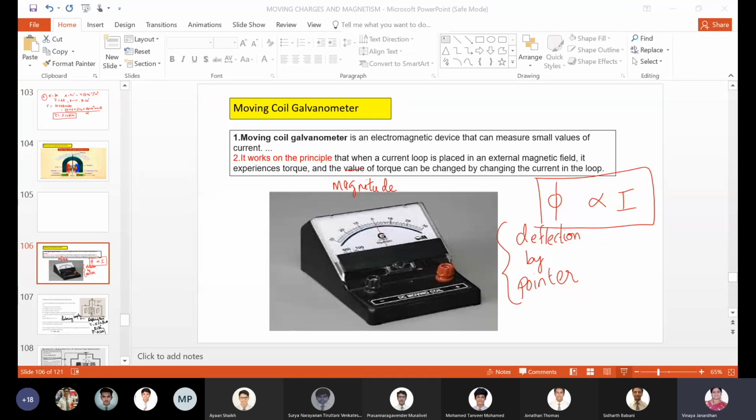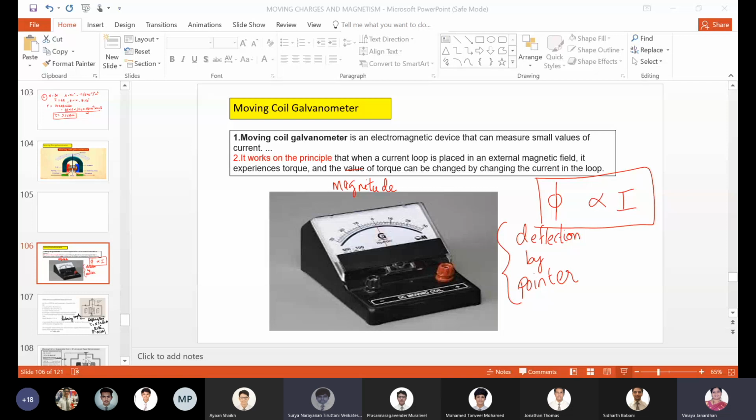So before that, we'll just see the basic construction of a galvanometer. This is the construction, the diagram. What you are looking at is the construction of the galvanometer. It's not what is inside the galvanometer, boys. Only the coil and the magnet are inside the galvanometer. PQRS is an insulated copper wire.